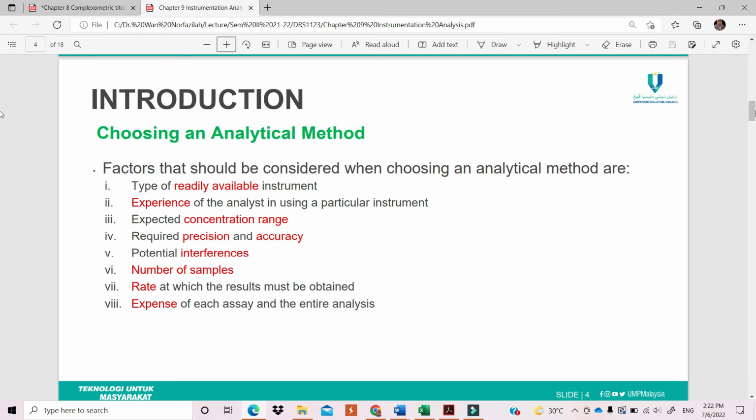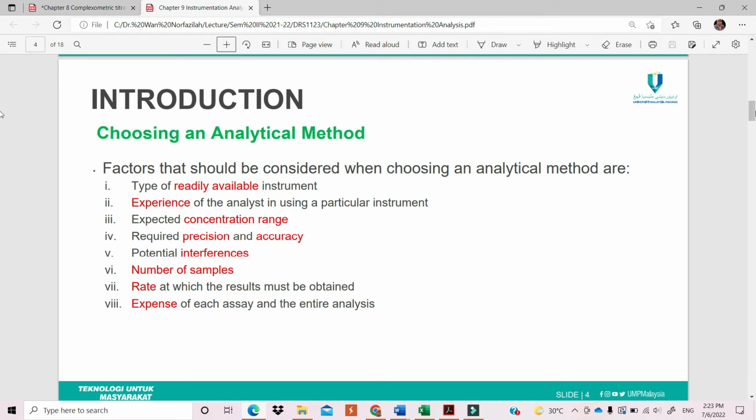And then expected concentration range. Some instrument only can detect high concentration of analyte. Some instrument can detect very low concentration of analyte. The sensitivity depends on your analyte concentration. So you need to know what is the expected concentration range and you need to choose a suitable instrument based on this. Similar to required precision and accuracy, any potential interferences in your sample, number of samples,